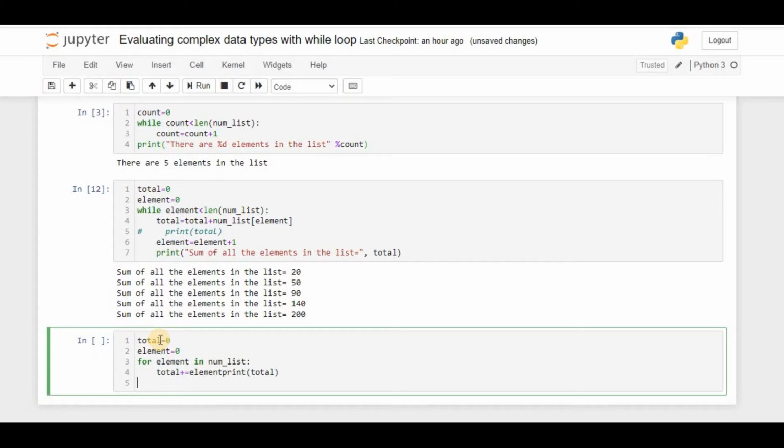Now I come out of the for loop, and in this I just want the sum of all elements in the list. And here it has to print the total.